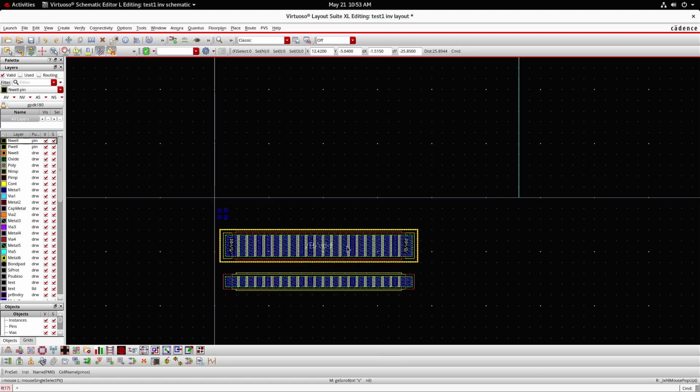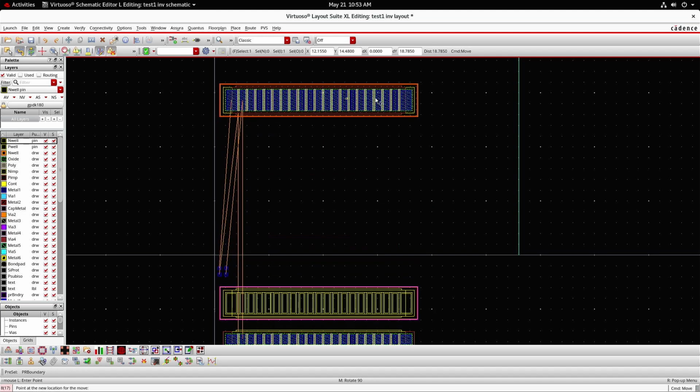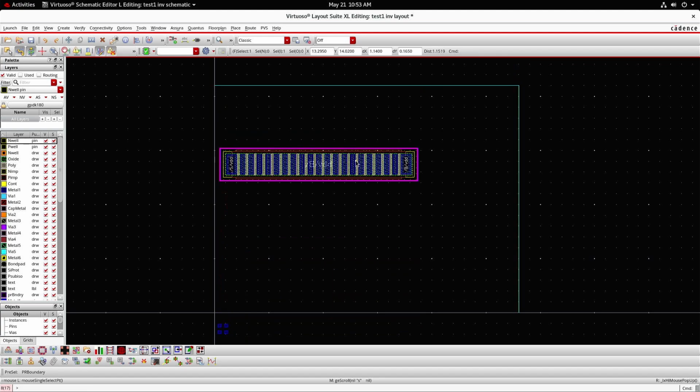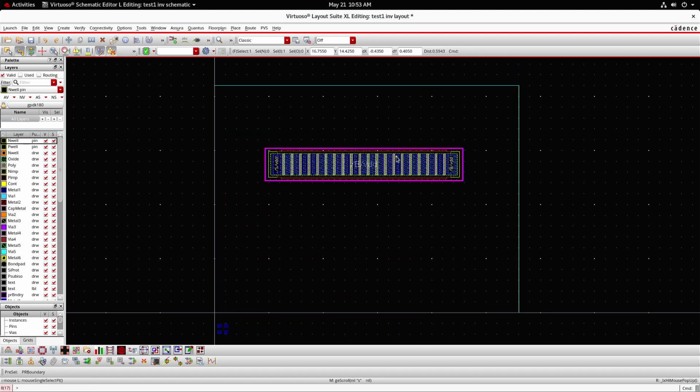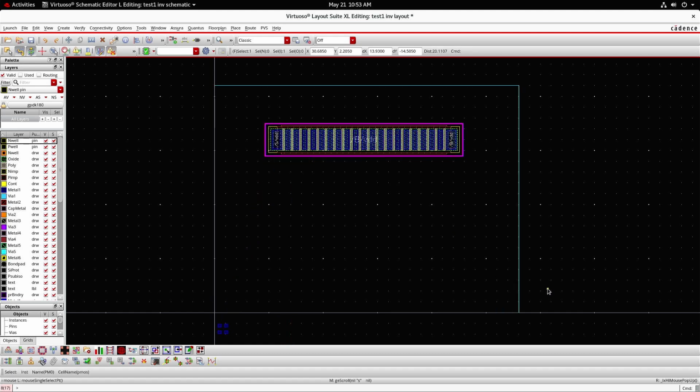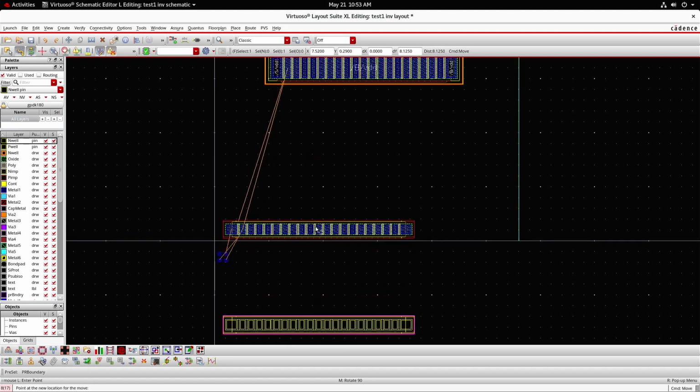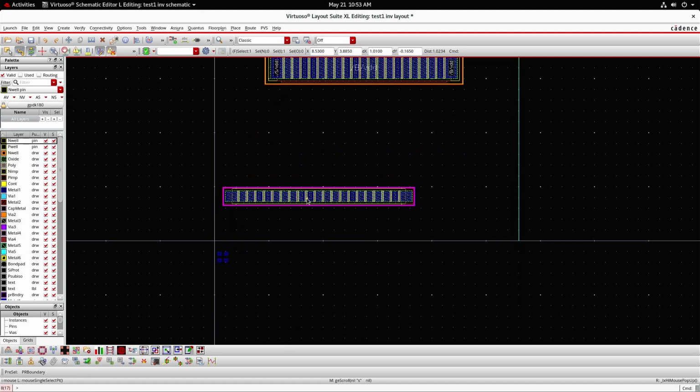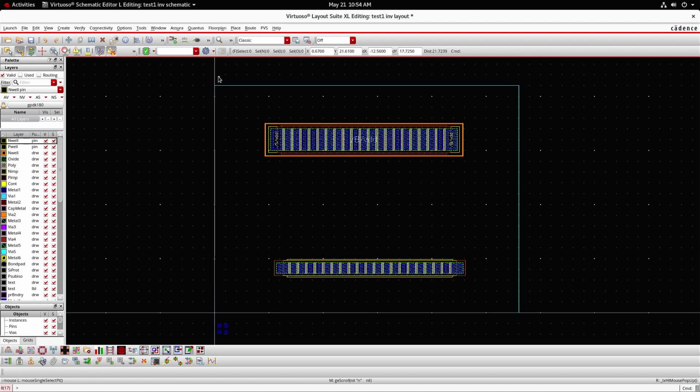Then bring PMOS transistor into the PR boundary by clicking on that PMOS transistor, dragging and placing in an appropriate position. Then after this, I am going to bring NMOS into the PR boundary. As can be seen, I'll just zoom out and show the fingers here.